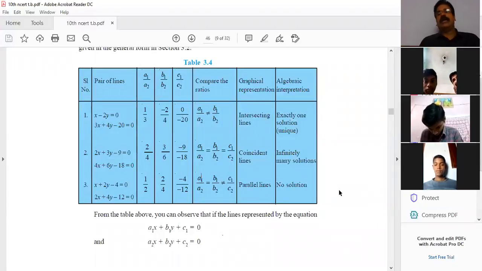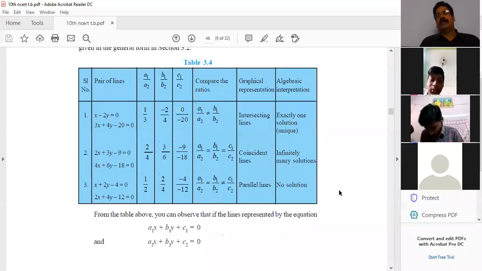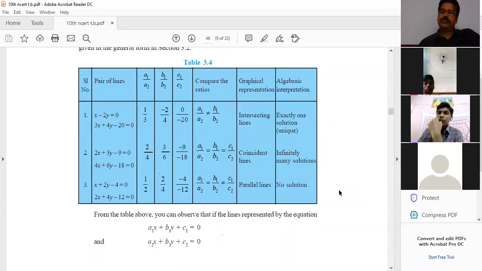Can anyone say the three conditions? Unmute and tell, anyone. One only. The three conditions, can anyone explain? Unmute and tell. Anyone ready to say? Important conditions. Anyone unmute and tell the three conditions. Okay, I'll explain the conditions once again.